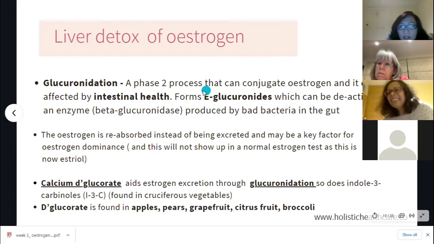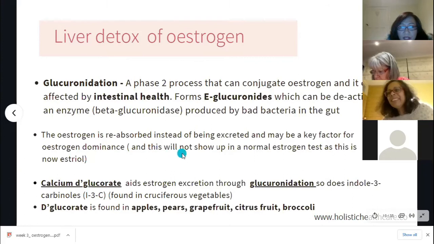The estrogen now becomes a free agent again, and therefore it doesn't get taken out of the body, because estrogen doesn't float out on its own. It has to bind to a substrate, to something, to get it out of the system through this process, glucuronidation. So that's how gut health affects your hormone health. That's one of the many factors, not the only one. So the estrogen is reabsorbed instead of being excreted, and it contributes to estrogen dominance.